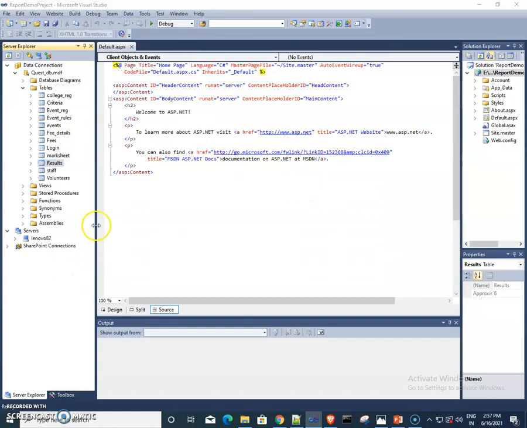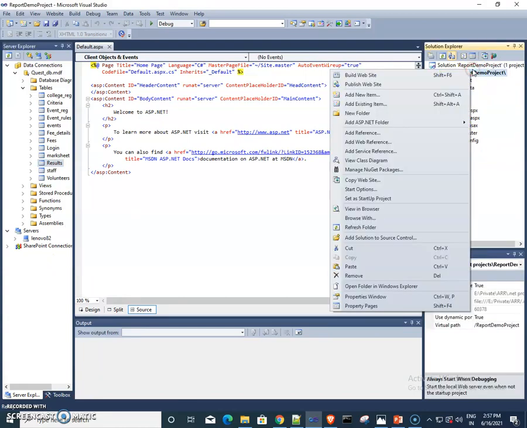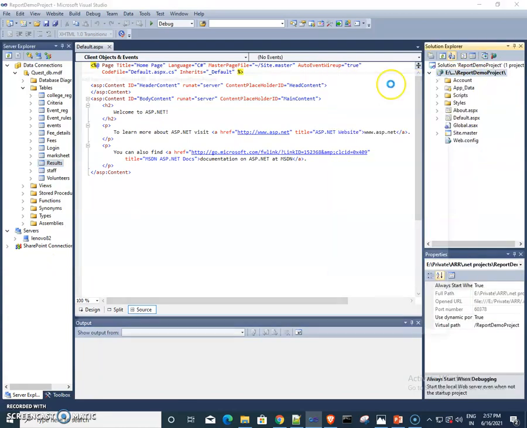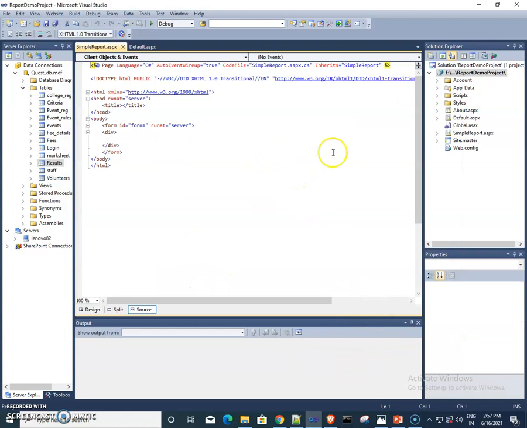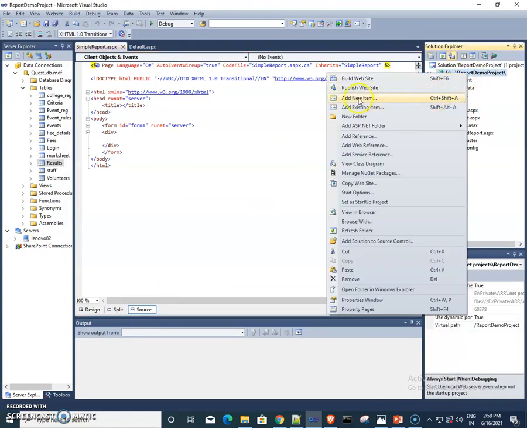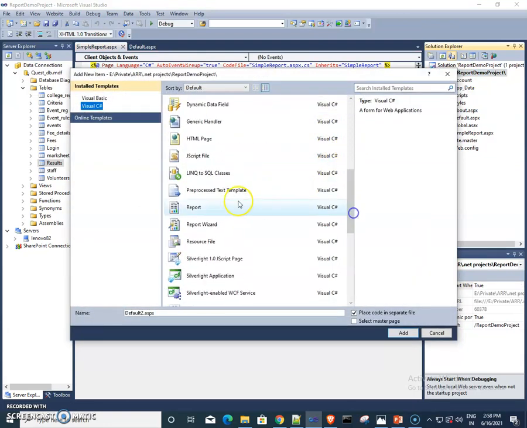To create a report, we need to add one web page in our project. So I am creating a simple report first. So this is the .aspx page. Then I am adding one more item, which is actually the report.